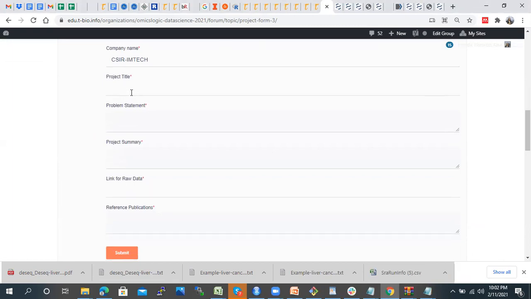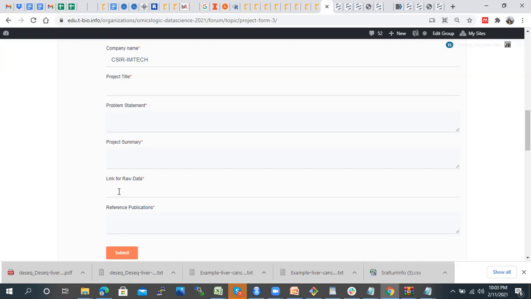Once you have gone through some review literature, you find some question. Just write the project title. Under the problem statement, define exactly what question you are going to address and how. Under the project summary, define your hypothesis, the methodology that you can employ or explore, and your expected outcome.